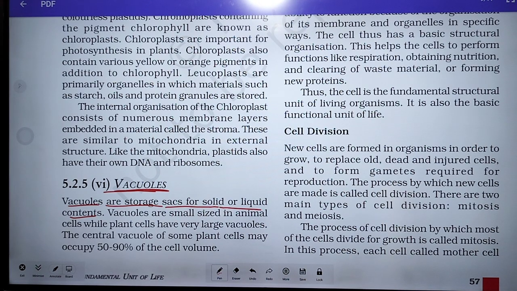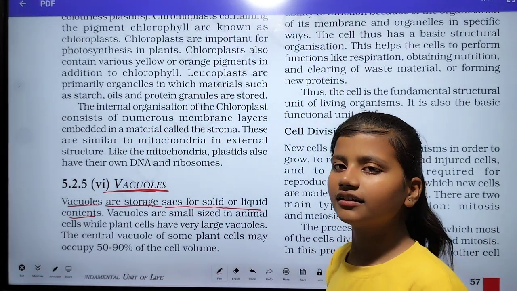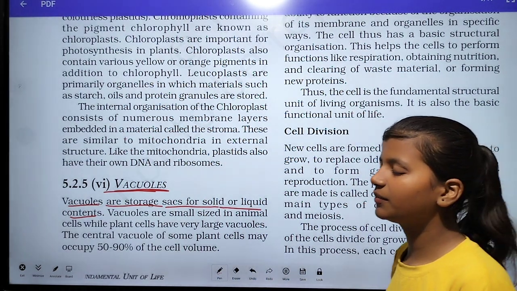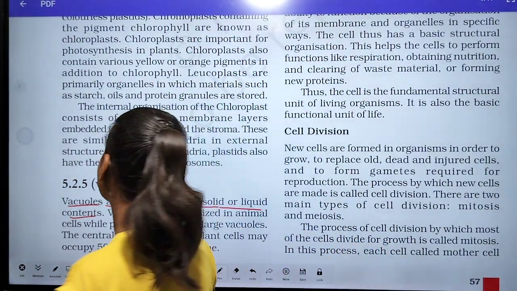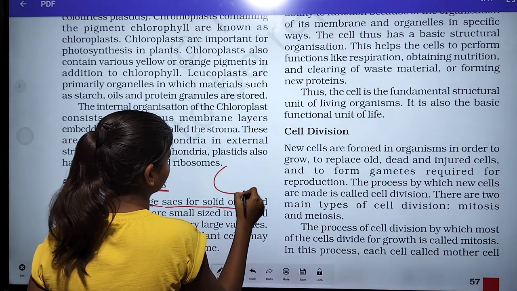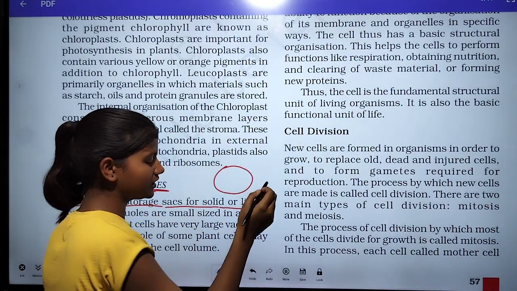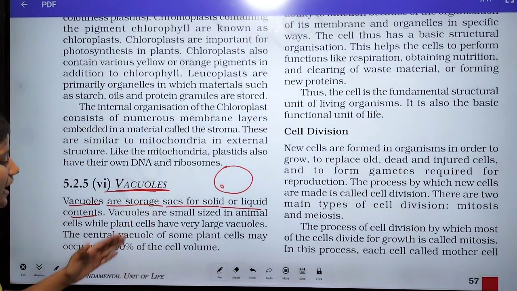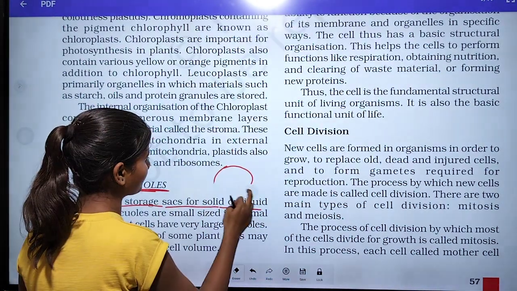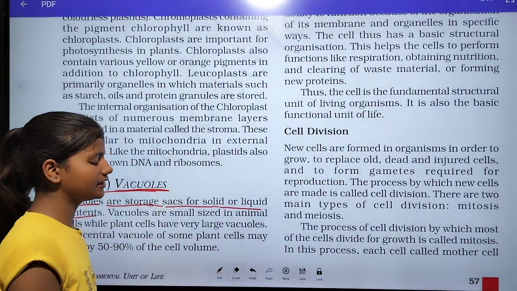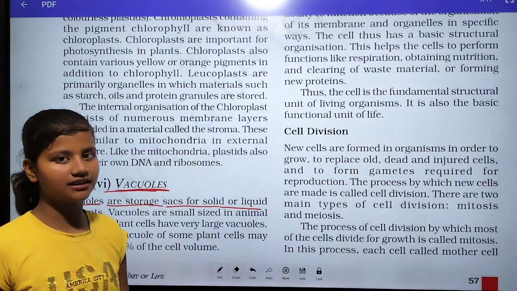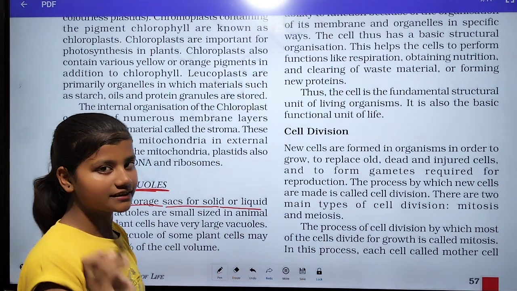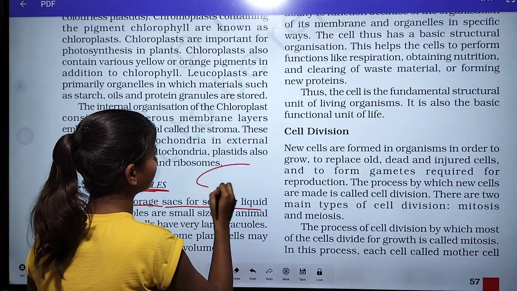Mainly it is present in plant cell, but in animal cell it is mostly absent. But if it is present, then it is very small in size. Okay, but in the plant cell,